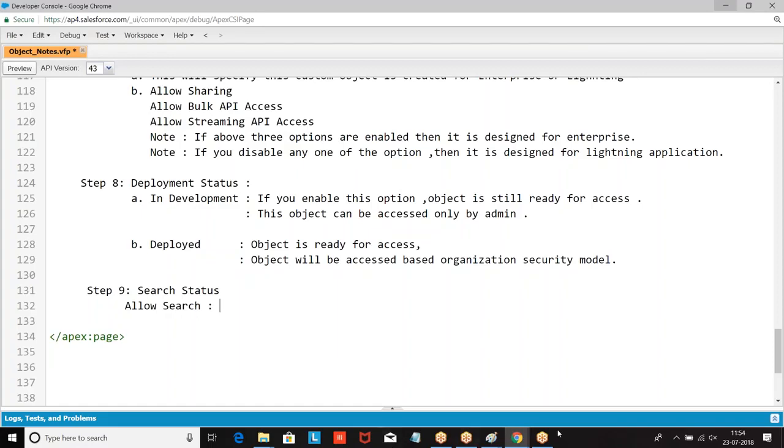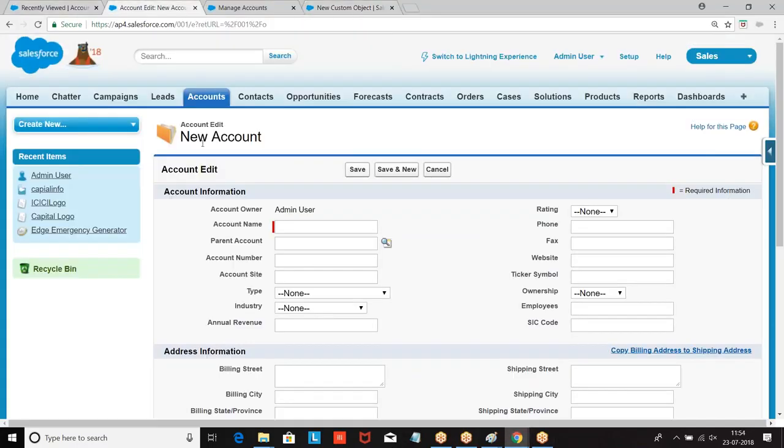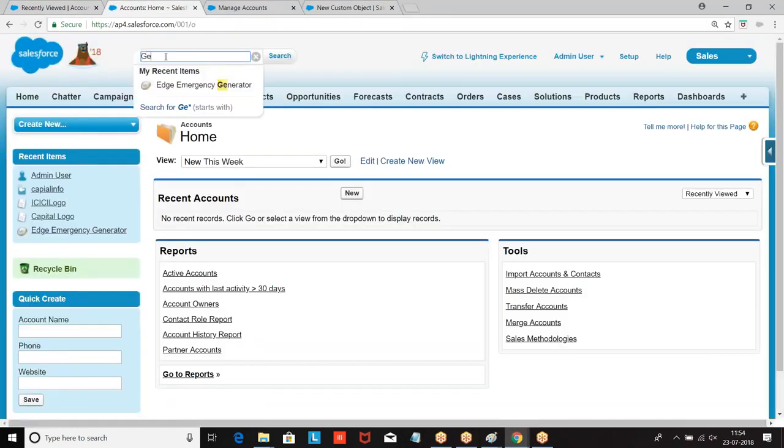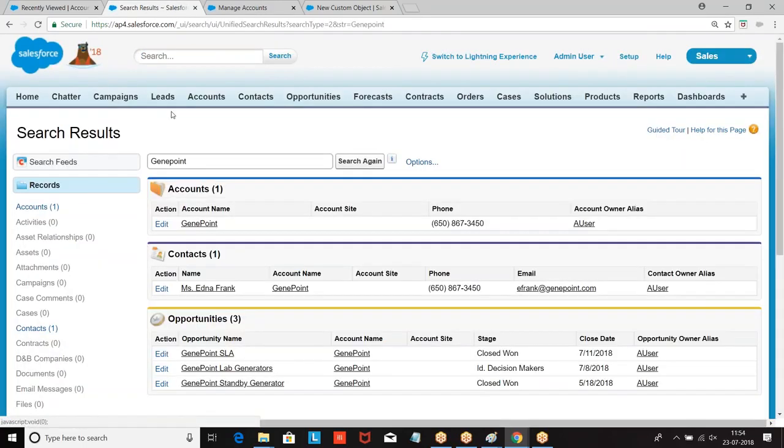Look at the format. Now, I have a field. Look at the point. In account object, I have a field called Genie point. This is the data available in the account object. So when I say Genie point, it is searching for the data in the account object, searching for the data in the contact object. Boss, the data what we have in the table, can I search from the global search or not? In the table we have a data. Can I search for this data from the global search or not?